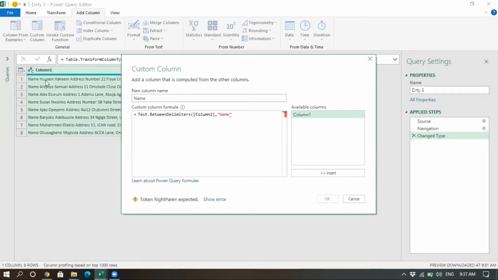Okay. What I was saying is, we'll be using Text.BetweenDelimiters. We're going to pass in this particular column 1 as our input, and for name we want the text which is between the text name and the text address, right? So whatever is in between name and address, that is our name. So now what this function is going to do is get us the text which is in between name and address. That is again